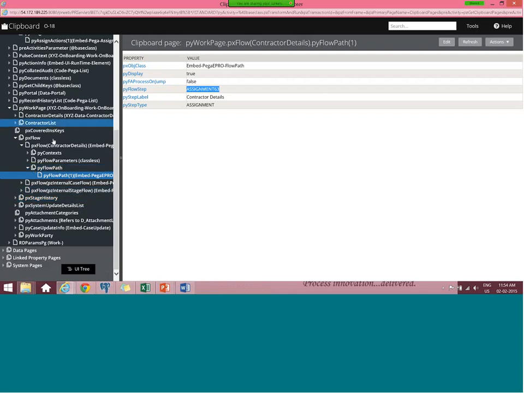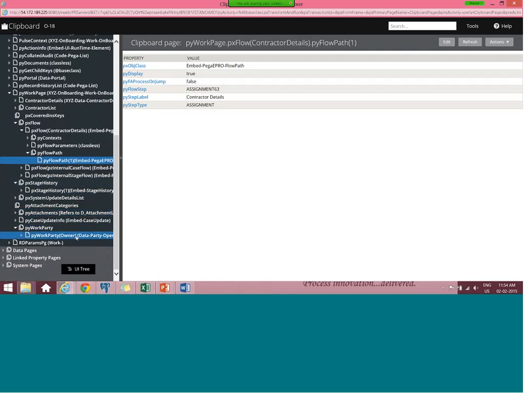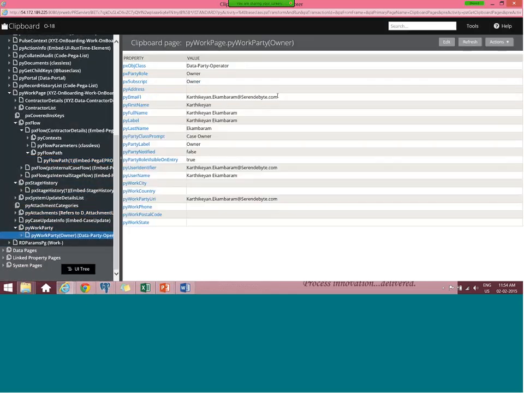Got it? Yes. And you can see your stages, where it's all processed, and you can see your work parties. My default work party is owner, so the owner is the one which is getting created, so I am the owner for this case. These pages are all very important. You have to use the work party page. I have said to route to the same user, right? From where you are going to pick, from your work party. Yes, correct. So those options you have to look out for, how we are going to do that.